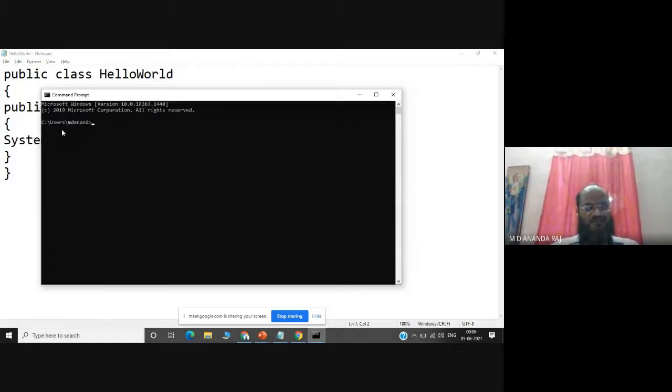Open the command prompt, change the directory to your Java development kit. cd .. is used to change the directory. Now cd into Java development kit 1.8, and we have another folder called bin, where we have the Java compiler and Java interpreter.